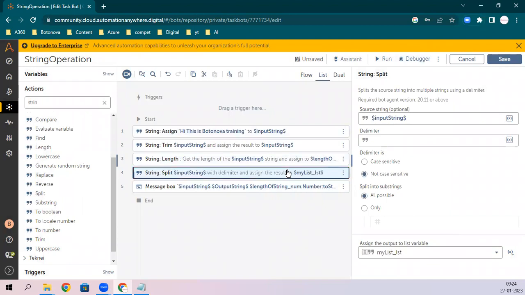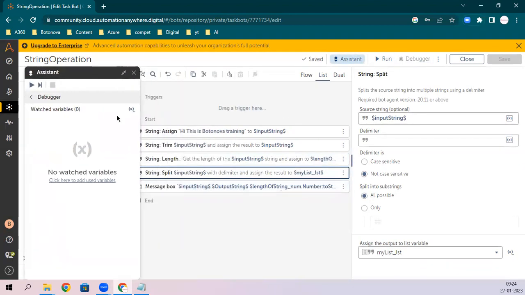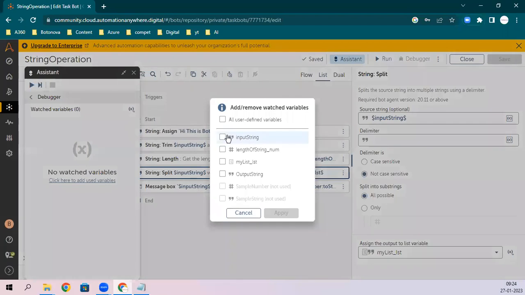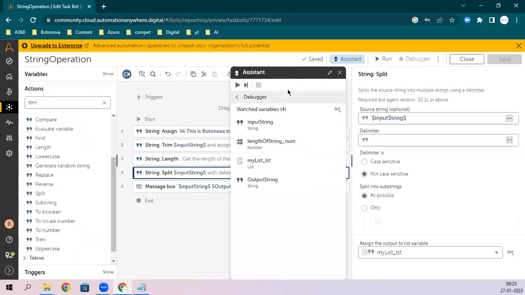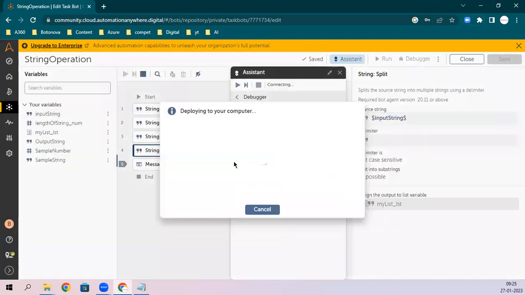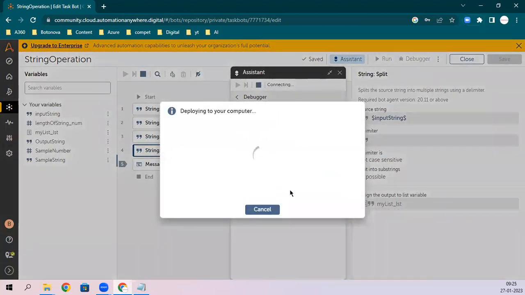To show the list variable, I need to edit here and run it in the debug mode so I can show you.